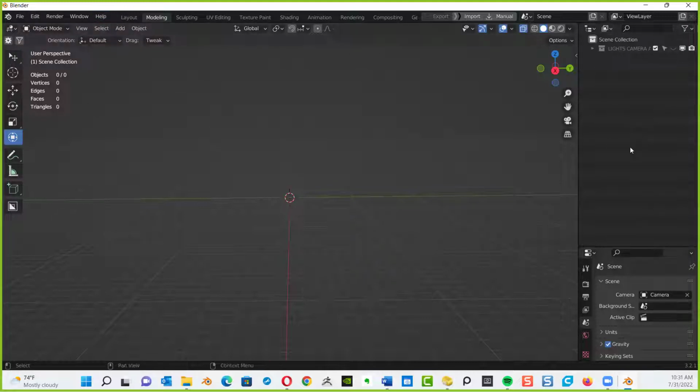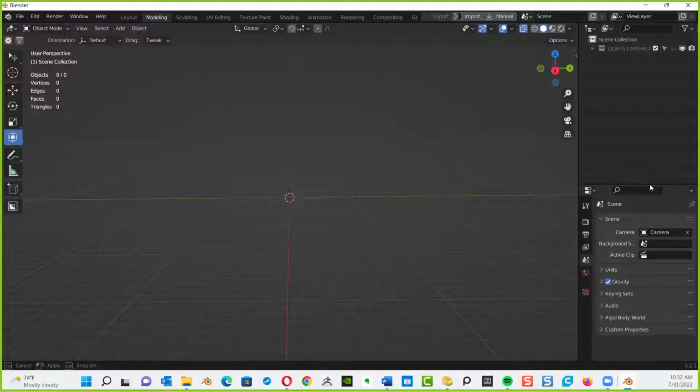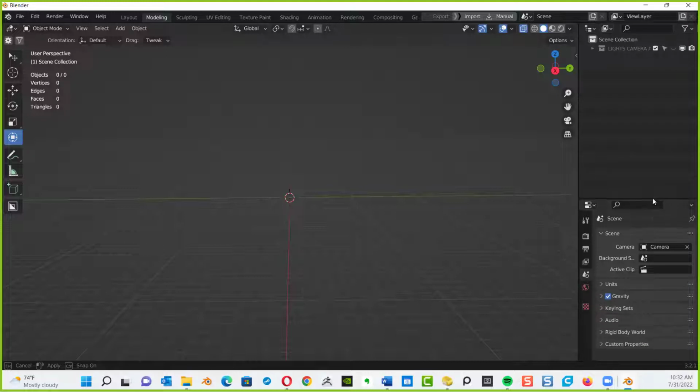We have our panels over to the right. So our scene collection panels are nothing more than 3D layers. All this over here works just like layers in Photoshop. Adobe has such a great influence on UI design that a lot of companies are designing their UI to be very similar to Photoshop. And we're going to get into other little options in just a little bit here.